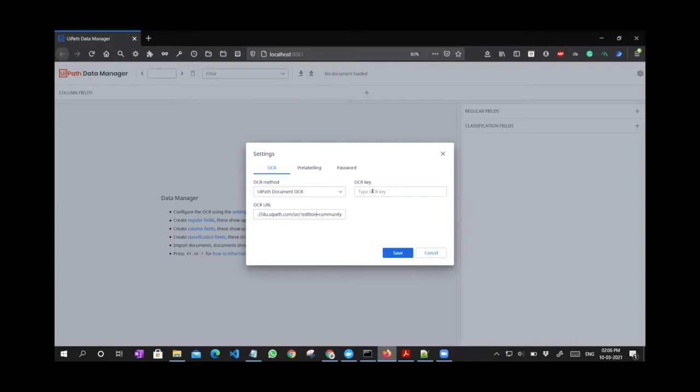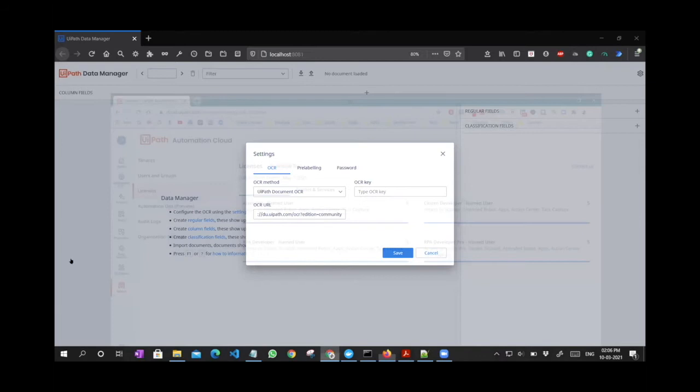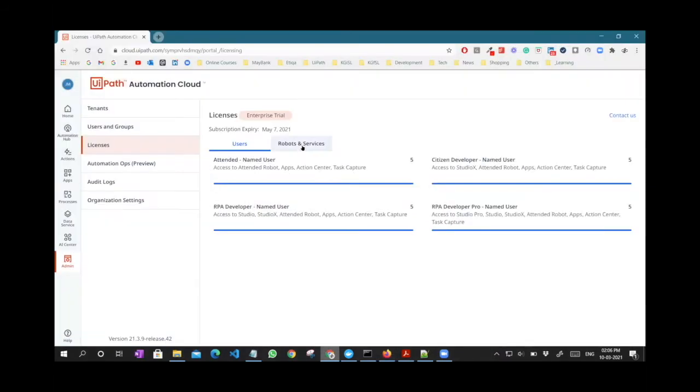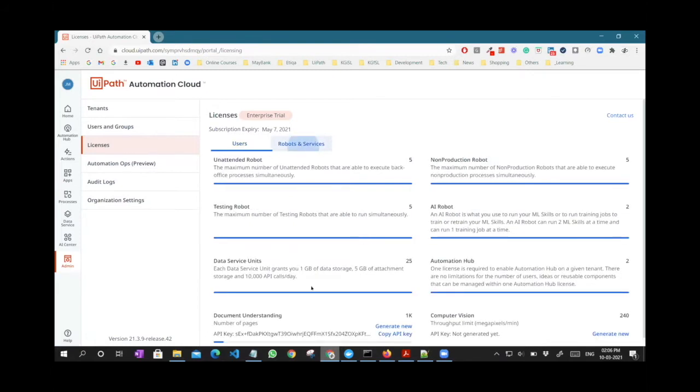After that, we need to provide our OCR key. This is where we need to get it, from our UiPath cloud platform. So let me show you where to get it. If you go to admin, licenses, robot and services, so there is